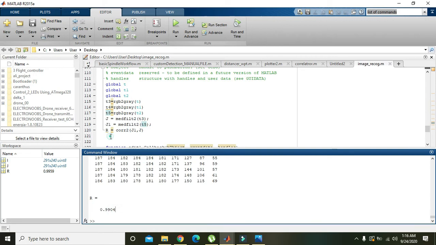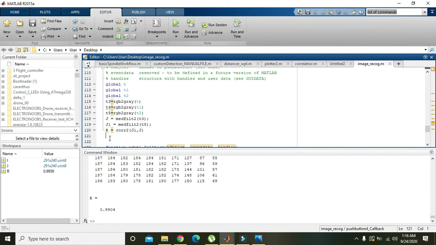One more simple thing: we will convert number to string of r, and here dd is just a variable. We will convert the number to a string of r, and then we will put this value on edit one, comma string, comma dd.